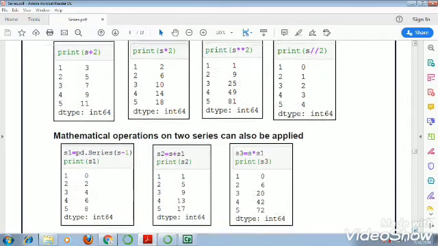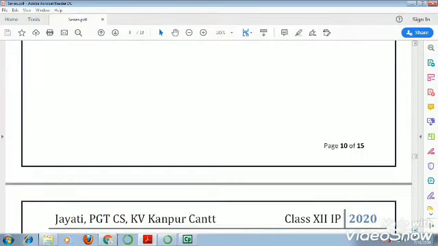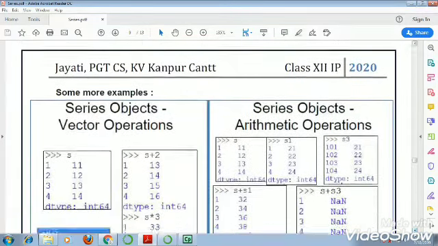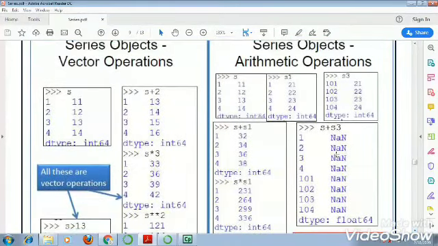Now see some more examples. The same thing is here also. We have three series S1, S2, S3, S1 and S3. So when we add S and S3, here indexes are 1, 2, 3, 4. Here we have 101, 102, 103, 104. That means no indexes match. So for 1, 2, 3, 4 indexes in S, we have NaN.